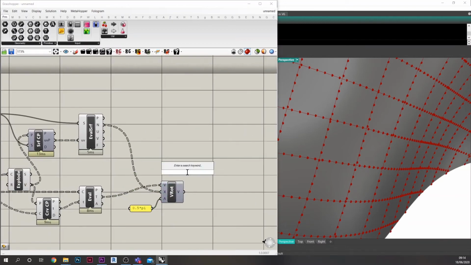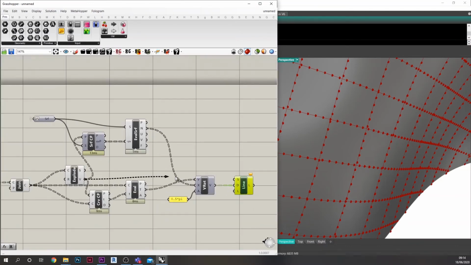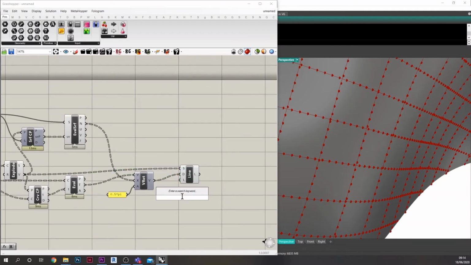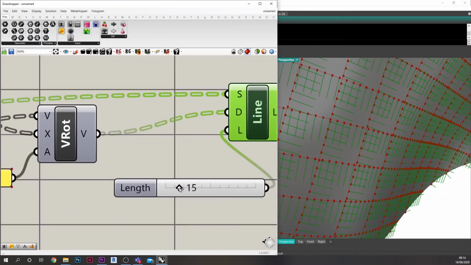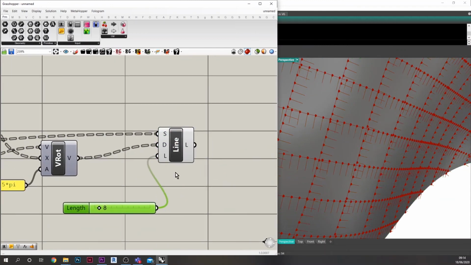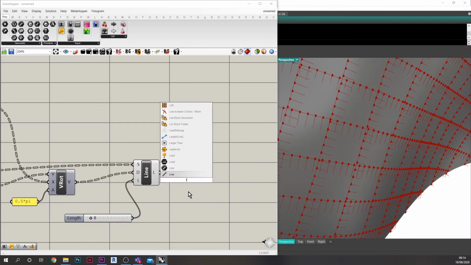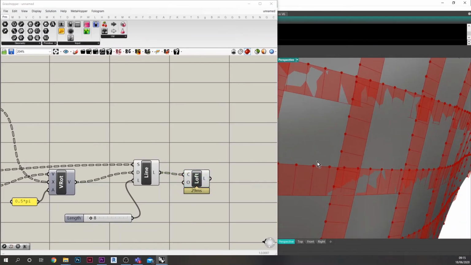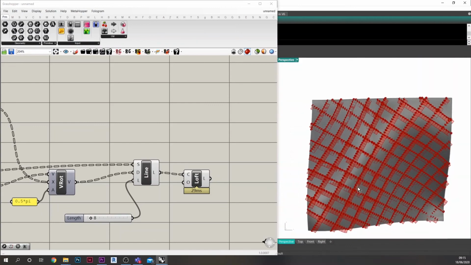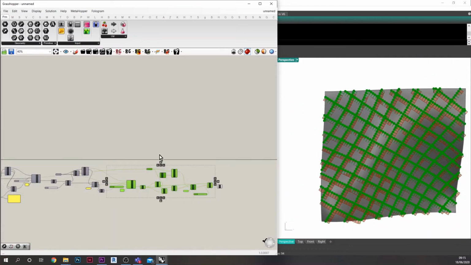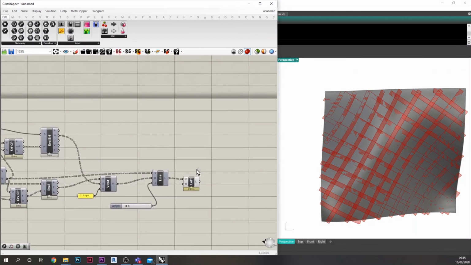And now we can build lines on these directions from the initial points and with a certain length, which will make us possibility to make a loft and then to have some stripes. That should be on the middle of the line, but yes, it is just an approximation. Okay. So here we have